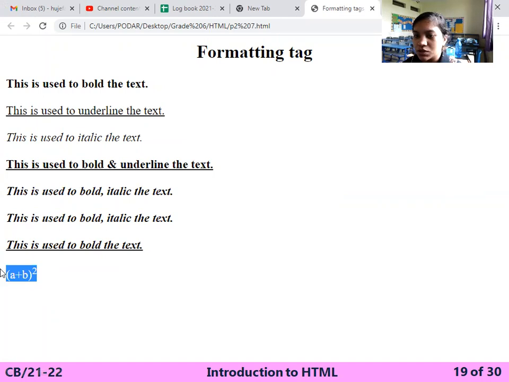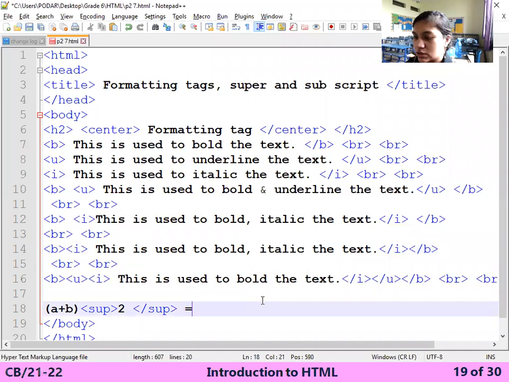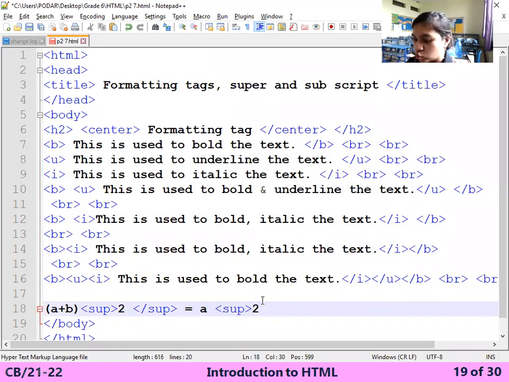A plus b whole square. Now what I want is equals to a square plus 2ab plus b square. This is the formula of mathematics. Now I need a square, so simply you first write down the a. Now SUP, superscript 2, this will make the square.